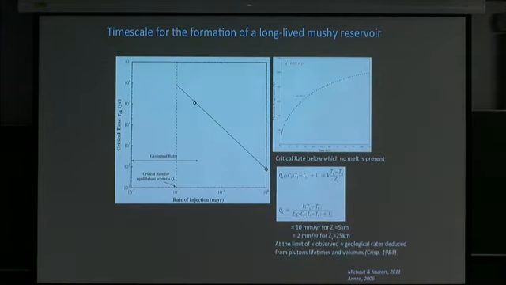And unfortunately, this critical rate depends on the depth of intrusion. Here it's not a ZS. It's 10 millimeter per year for a depth of injection of 5 kilometers. It's 2 millimeter per year for a depth of injection of 25 kilometers. And unfortunately, it's at the limit of observed geological rate of injection deduced from the lifetimes of plutons and from